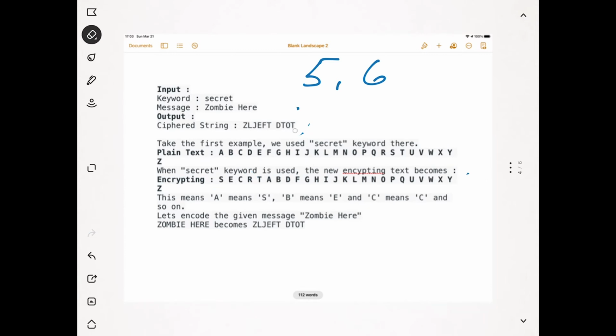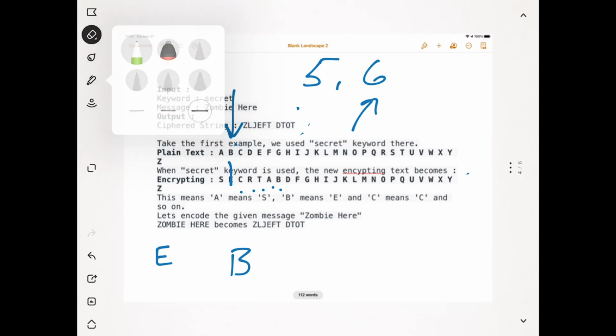The other way is just the opposite. I want to encode the letter B. In the basic example, it's an E. I can go down to the letter E and go to the right. 1, 2, 3, 4, 5. It's still a B. Now that can confuse people when you're using the same letter. 6 is just because the keyword initially has 6 letters, so it's the same thing. It's just the person needs to know so that when they're going back through it,